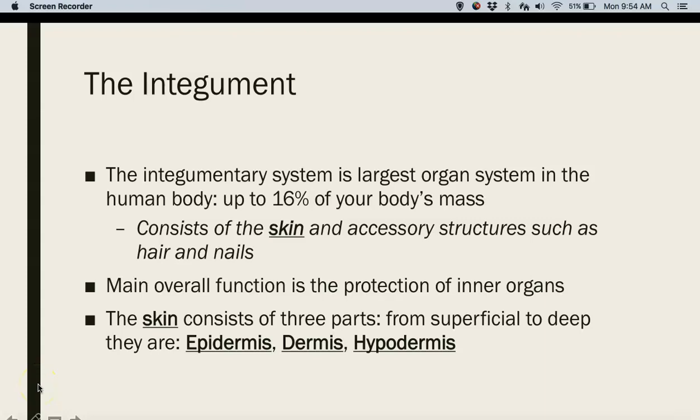Welcome back. We are going to be talking about the integument today. The integument is the focus of Chapter 5 in the OpenStax textbook. The integument, also referred to here as the integumentary system, is the largest organ system in the human body. Up to 16% of your body's mass consists of the integument, so that by far qualifies it as the largest organ system. The integumentary system includes your skin and the accessory structures of the skin, such as hair and nails. Today, in this lecture, I'll be talking about a broad overview of the integument